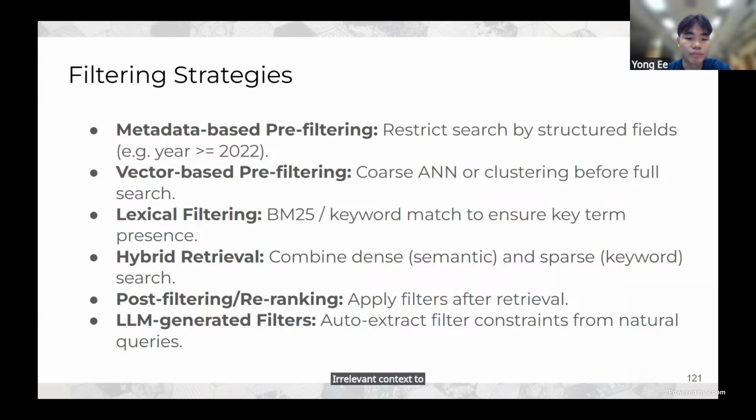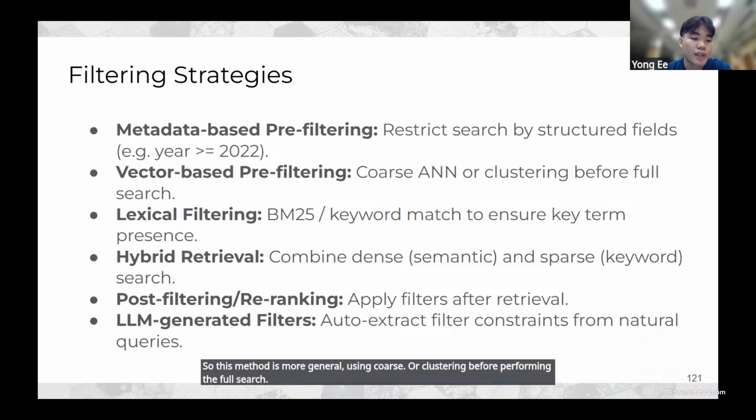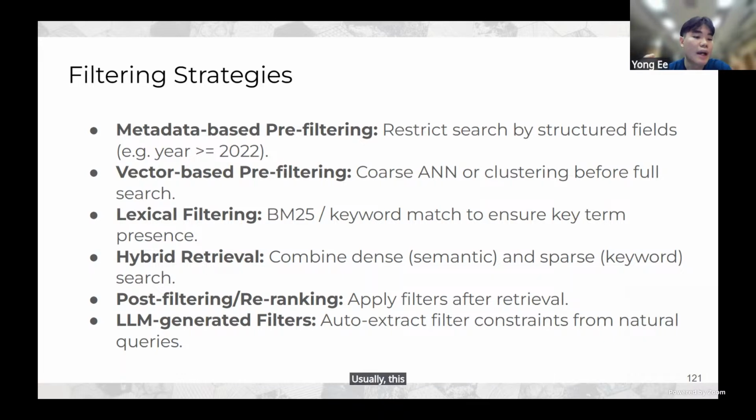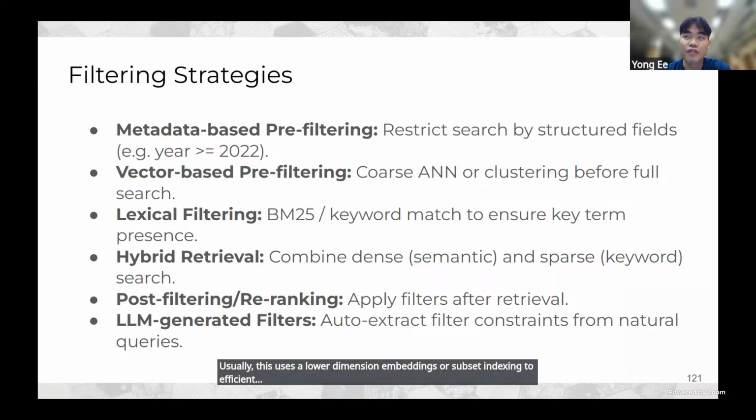Next is vector-based pre-filtering. This method is more general, using coarse ANN or clustering before performing the full search. Usually this uses lower-dimension embeddings or subset indexing to efficiently perform this so-called first round of searching.